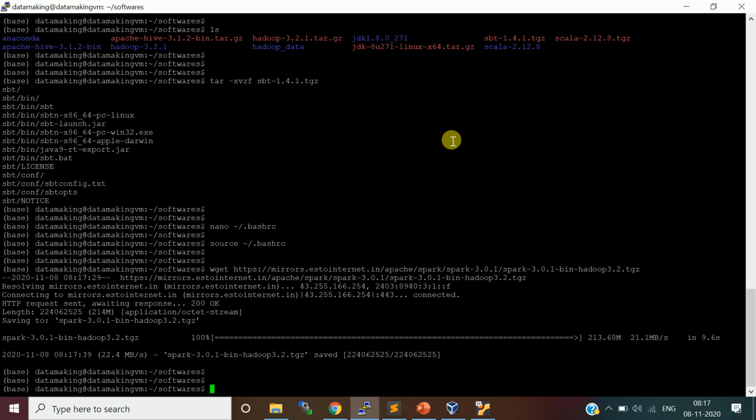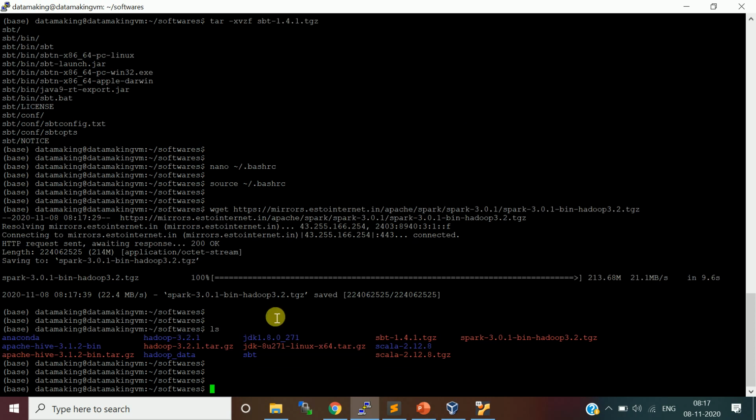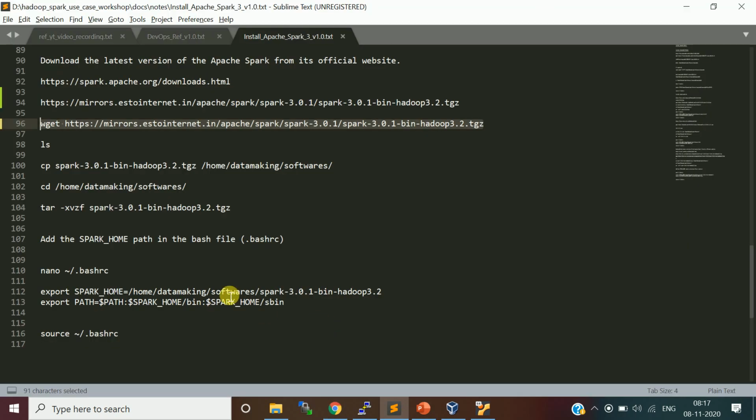It is downloaded in the same software directory that I'm in. Now I'll go and extract it. Use the tar command to extract it.